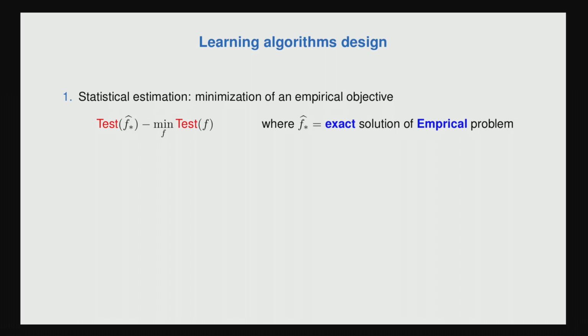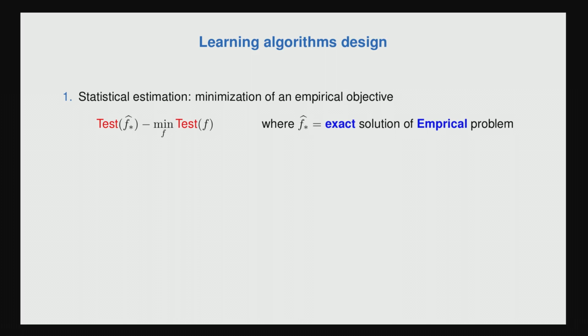So if I want to study the statistical properties of the function that I'm going to learn, I have to look at the distance between the test error of this function here and the best possible function that I can learn. Of course, here I'm not telling you how I'm going to solve the empirical problem. So after the statistical machine learning people study how to control this quantity here,